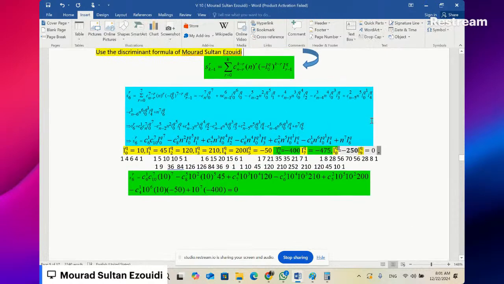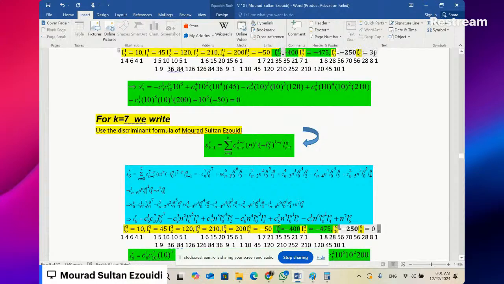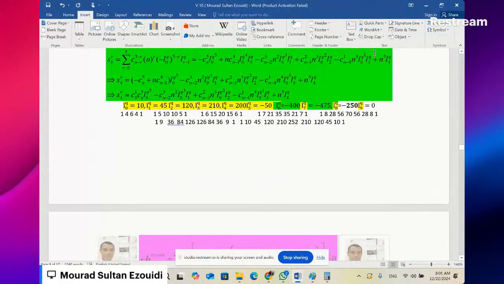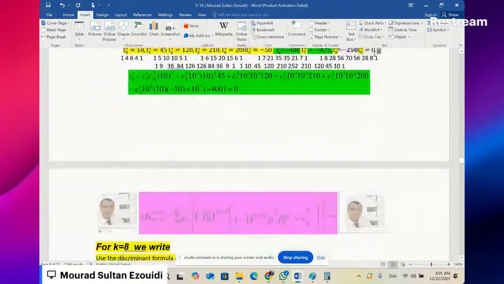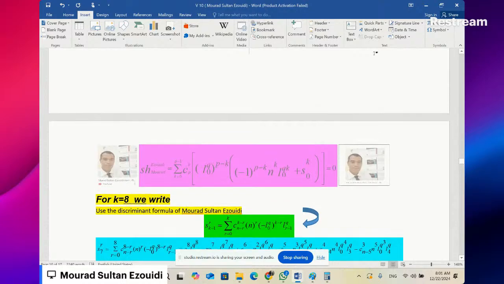I'll check. Of course this one is going to be equal to 0, because the last term is 0. Okay. Now we continue. We'll obtain this. Okay. So now I'm going to find